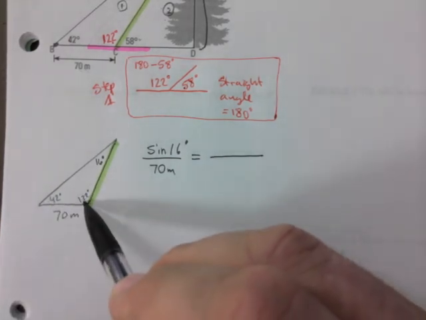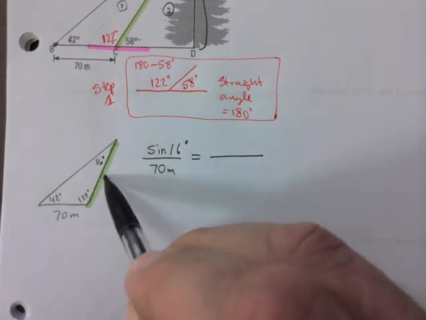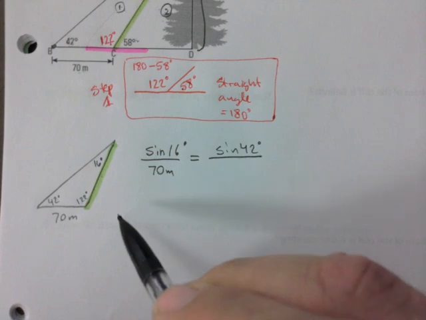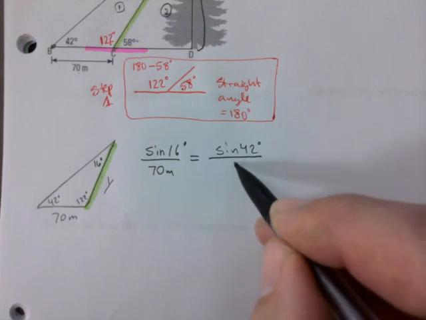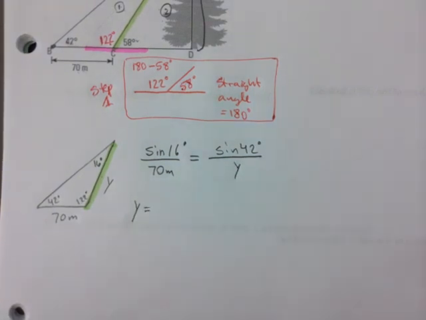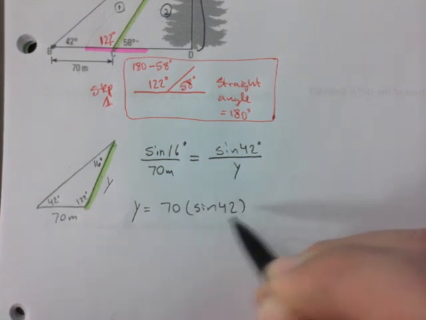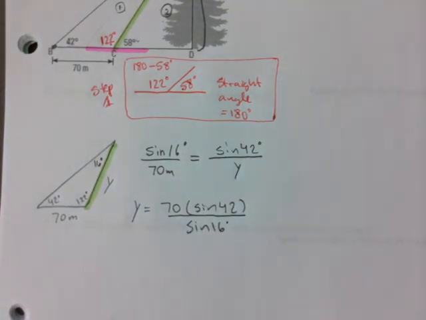If I use 122, it's the wrong side, then you're solving for this one here. You want to use 42 degrees to find that one. Sine of 42 over, what are we going to call this? I'm going to call this side y. And so we plug that in, and